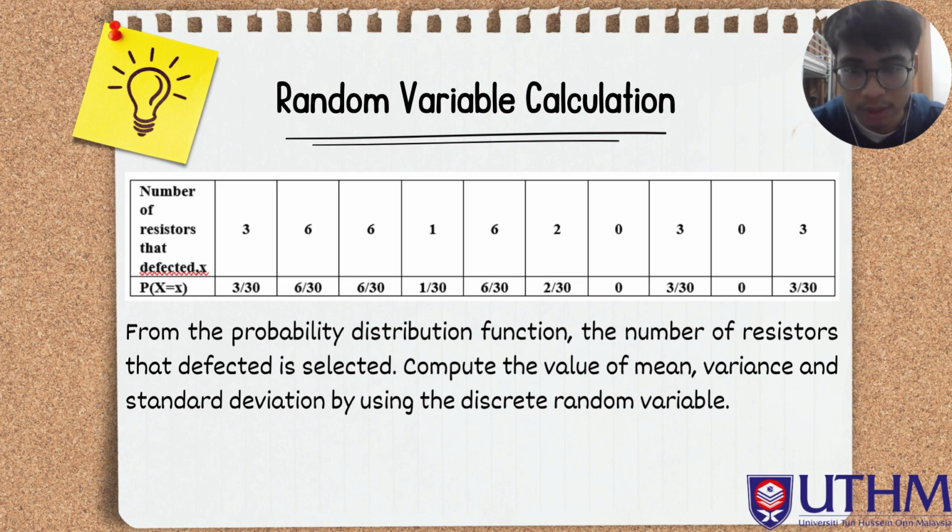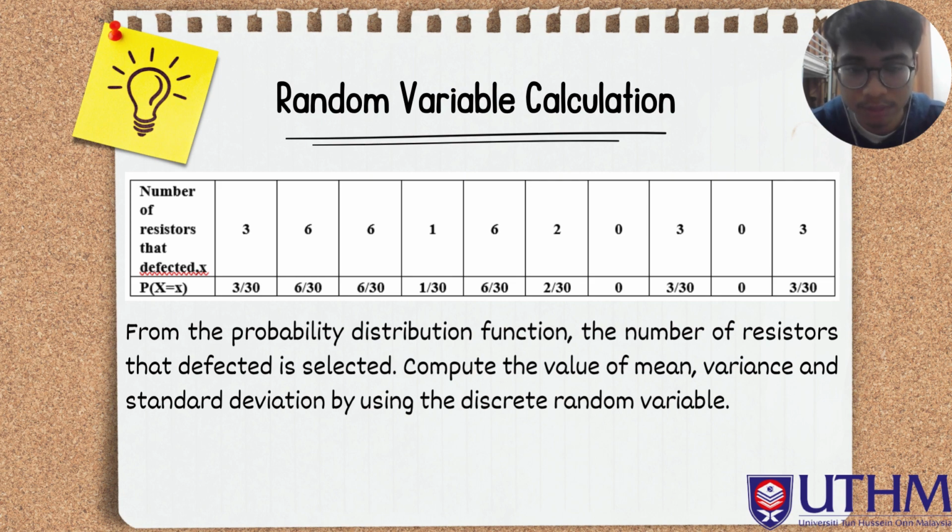My name is Muhammad Ahmad Kini bin Muhammad Noor, and today I will be explaining chapter 1, random variable calculation. Here we can see the table, number of resistors that are defected, X, and the probability of a resistor being defected. From the probability distribution function, the number of resistors that defected is selected. Here we are trying to find the value of mean, variance, and standard deviation by using the discrete random